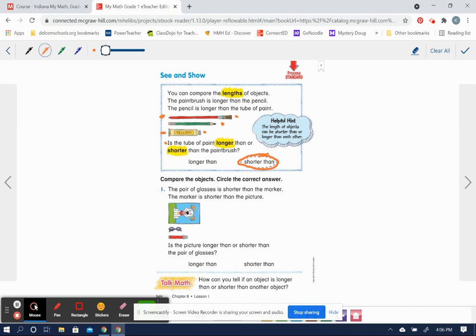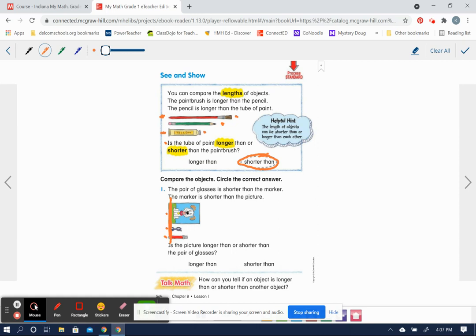Okay. So now we're going to compare some more objects and circle the correct answer. Number 1 says the pair of glasses right here is shorter than the marker. That is true. The marker is shorter than the picture. Yeah, that is also true. Is the picture longer than or shorter than the pair of glasses? Okay. One thing that I want you to notice when you're comparing lengths is that it's important to line everything up,